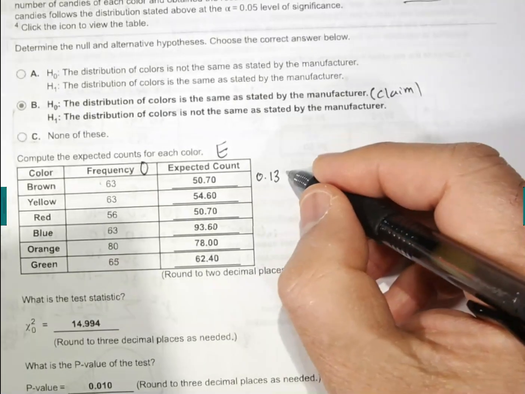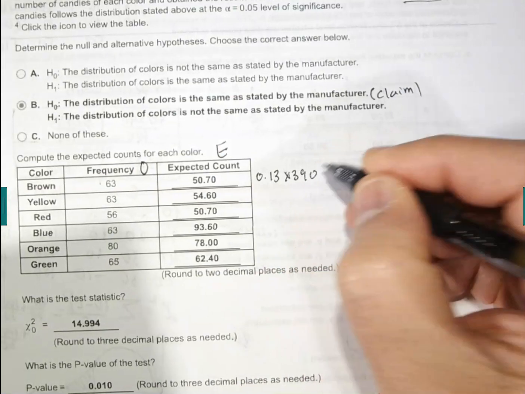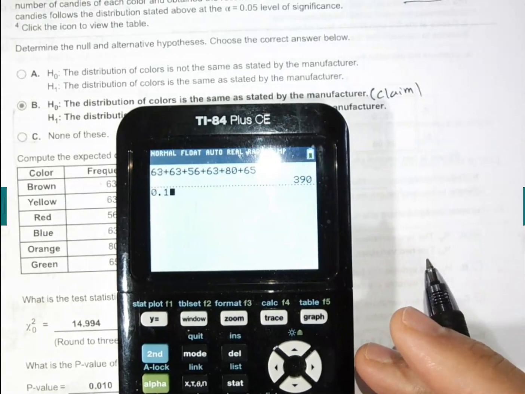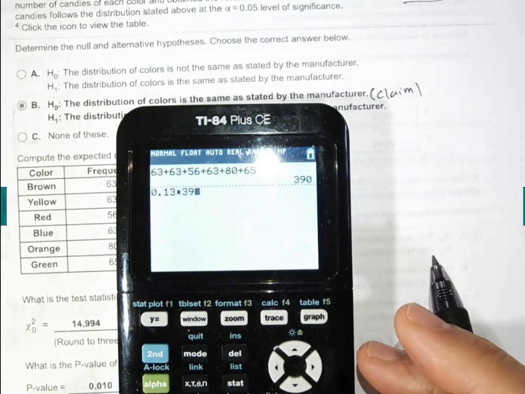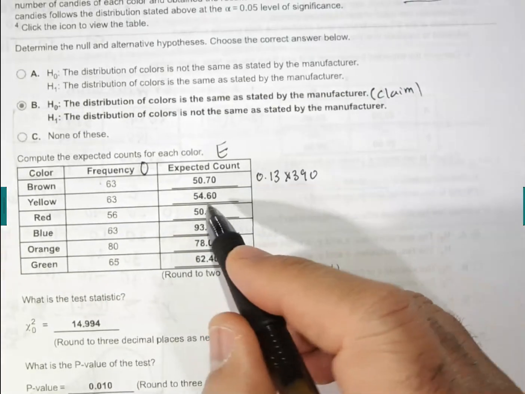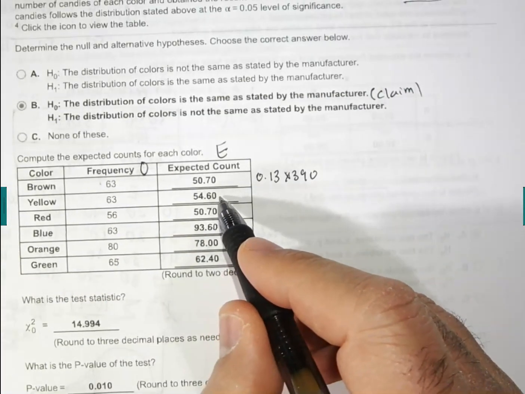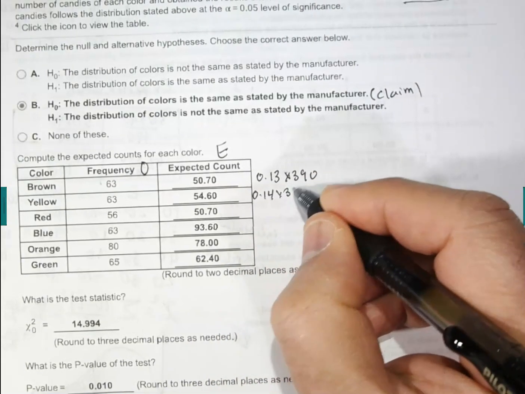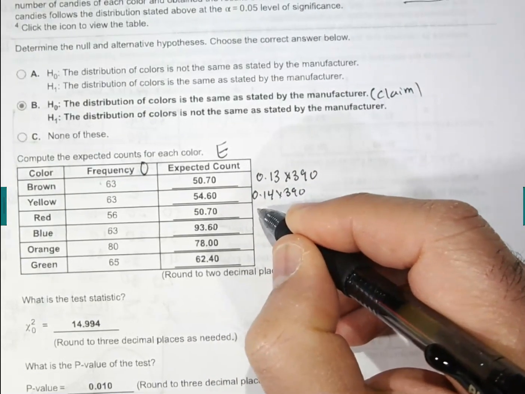So this is 13% of 390. And let's compute that and see if we get 50.70. 0.13 times 390. Here you go, 50.7. For the next one, guys, the yellow says 14%. So you do 0.14 times 390. And for the red, he says,